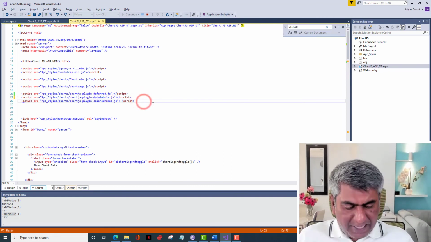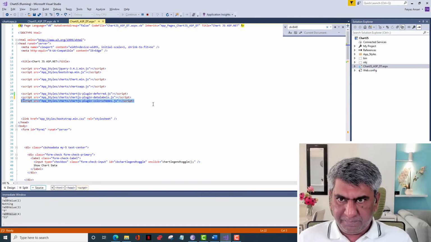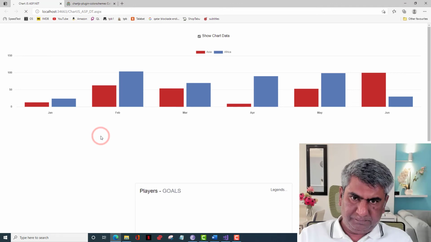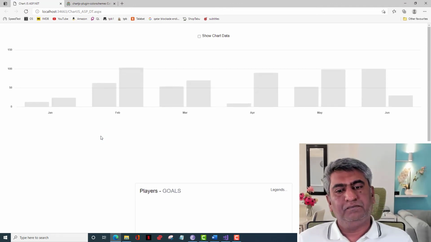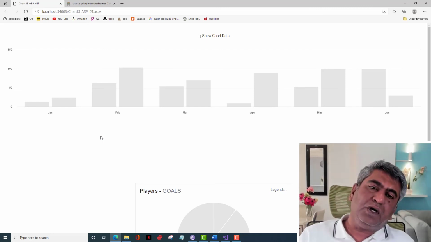Now the last part of our video and the most interesting part is the color scheme. Let me comment this out and let's see what happens if I don't use this plugin. No colors. This doesn't mean that to give color to a particular chart you need to use this plugin.